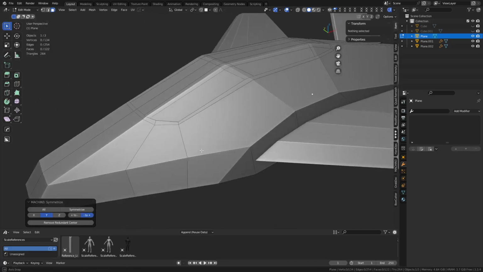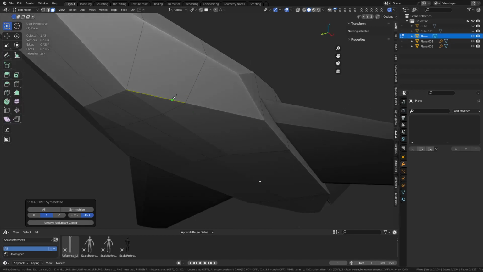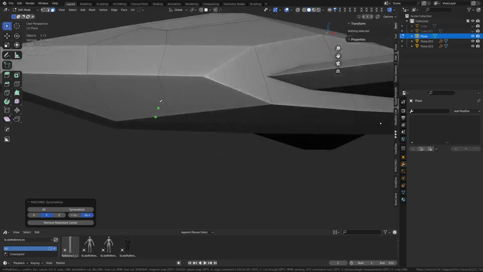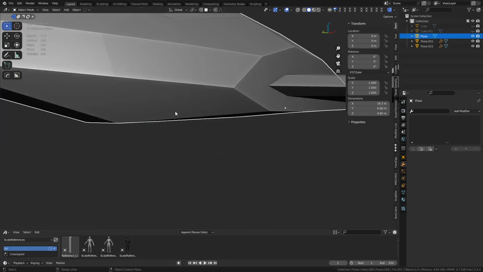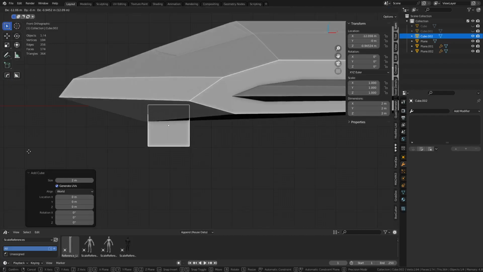And so let's just symmetrize, get it going. We can cut out really cool details at this point if we wanted as well. I mean, it's really up to you. But you could do, like I said, booleans. There's nothing wrong with that. But you're going to want to use them destructively. So in this case,